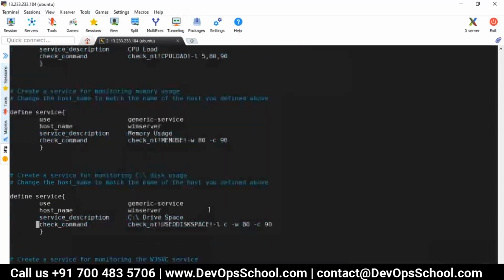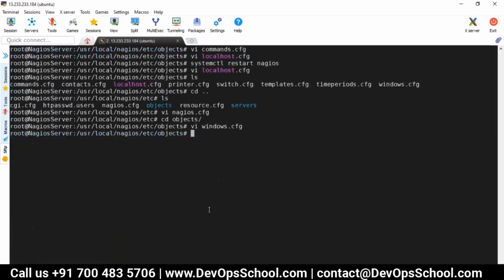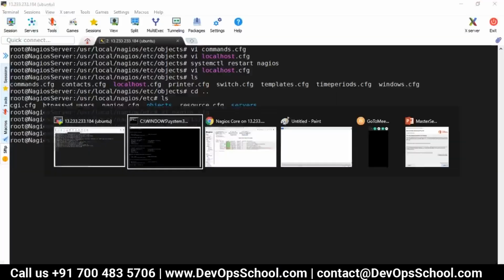These are the services which are defined. Now let me save this. Now let me restart the Nagios. What I have done is uncommented the windows.cfg entry in the nagios.cfg file. Okay, now I'm restarting Nagios. So if I say systemctl restart, and then go to the web interface,